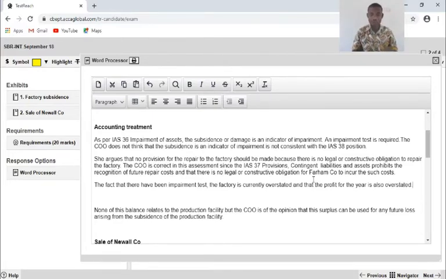You see, as you begin to do all of this, remember the impact of this on the financial statements.